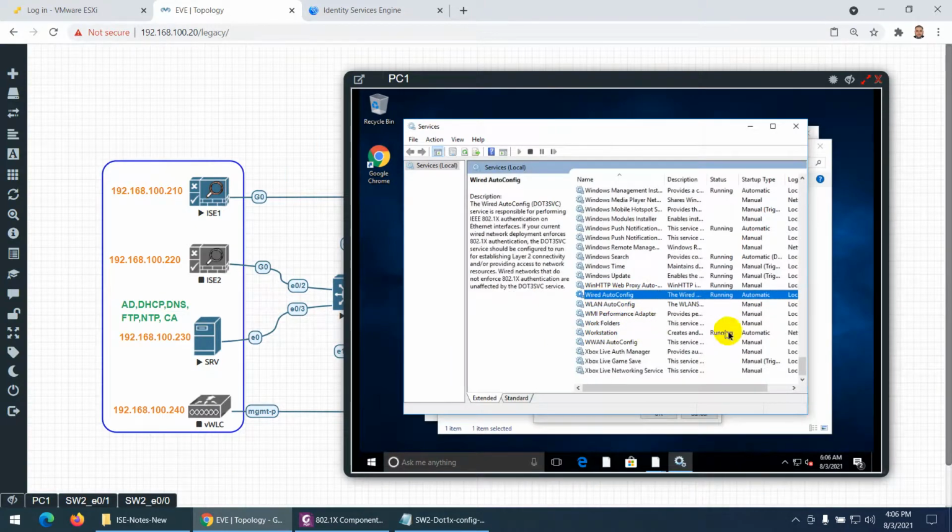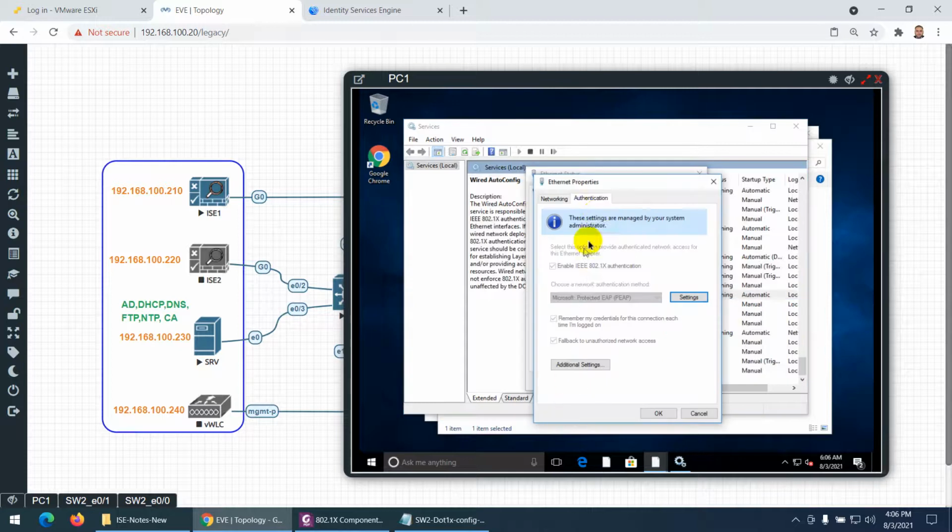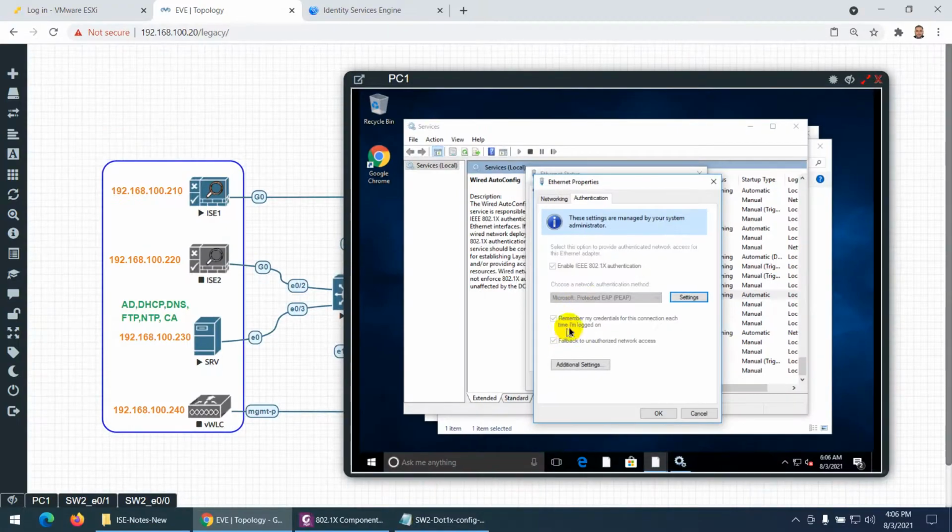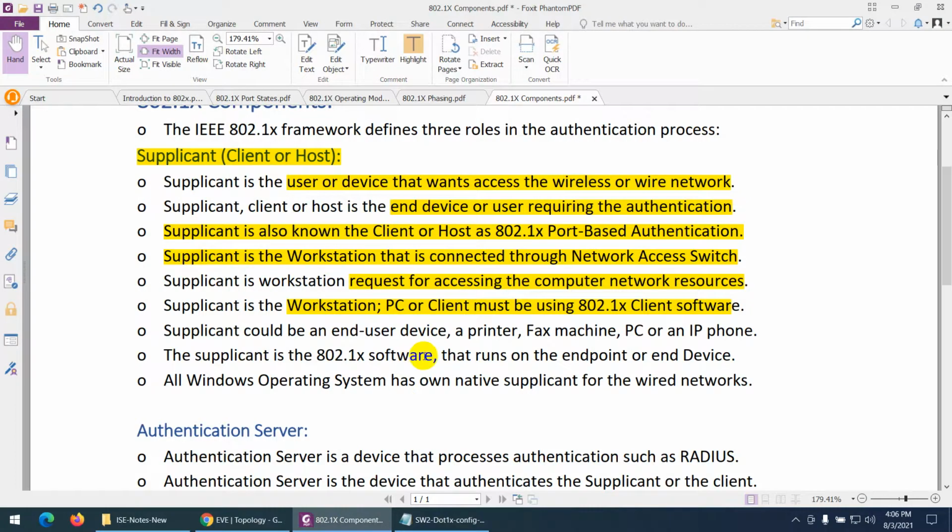That's the wired AutoConfig. And if I go to my network device, authentication is enabled, 802.1X is enabled here, and I'm using the default. You can use any connect as well. So this workstation is called an 802.1X supplicant because 802.1X software is running in this PC.